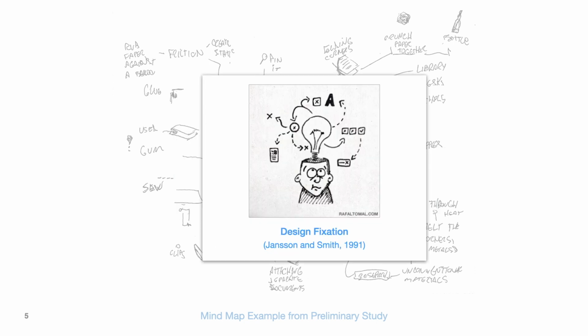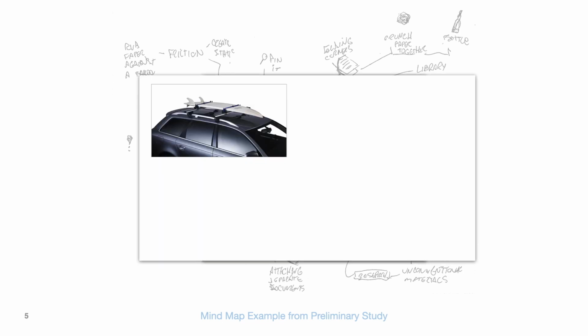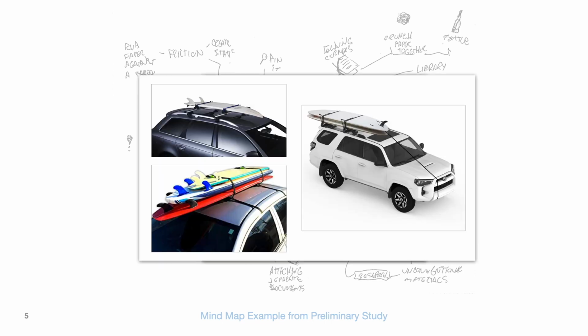A second challenge is design fixation, where one is trying to be creative and come up with new ideas, but their previous knowledge and experience are restricting their imagination. For example, honoring how Kai 2020 was supposed to be held in Hawaii, if you were asked to design a new type of surfboard car rack, there's a good chance the ideas you will create will be influenced by all the surfboard racks you have seen, such as this one, and even this one.